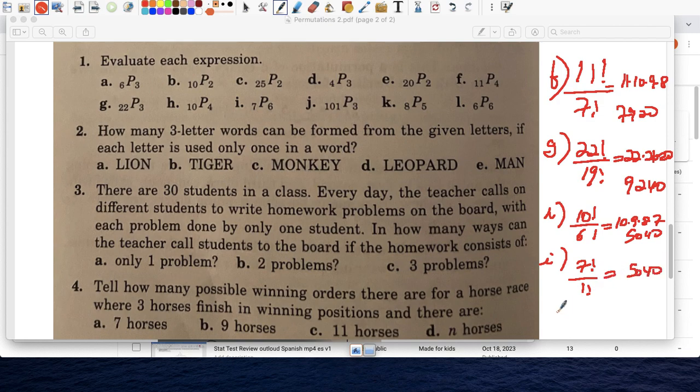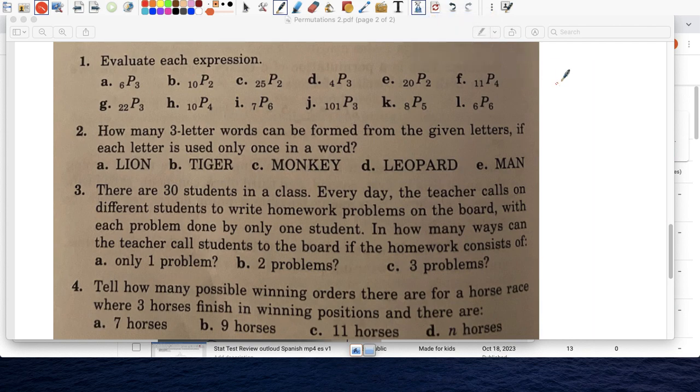J: 101 factorial over 101 minus 3 is 98 factorial. After you simplify, you're left with 101 times 100 times 99, which gives you 999,900. Then we have K, again, 8 taken 5 at a time, so it's 8 factorial over the difference between